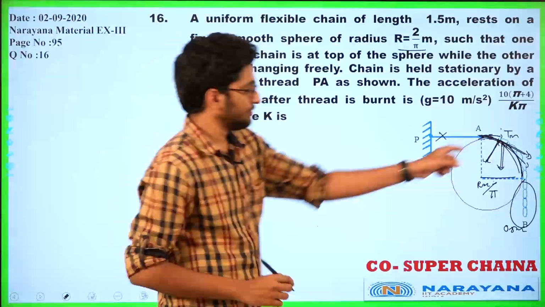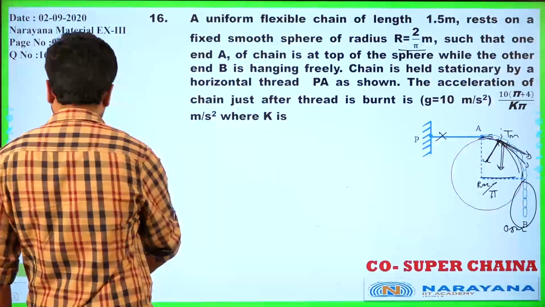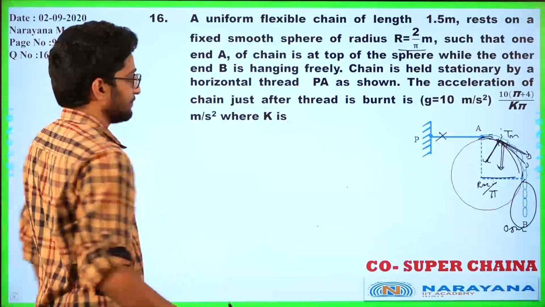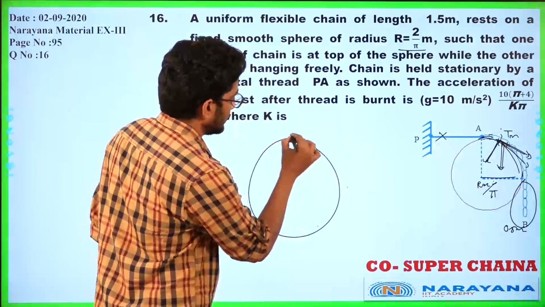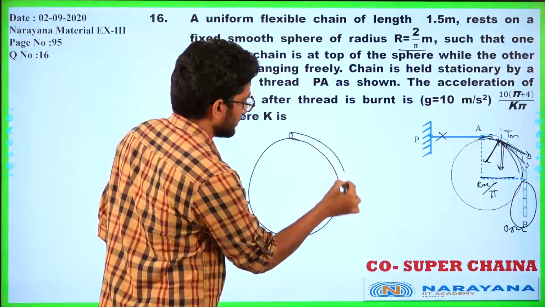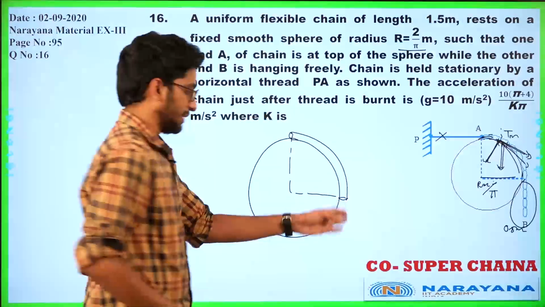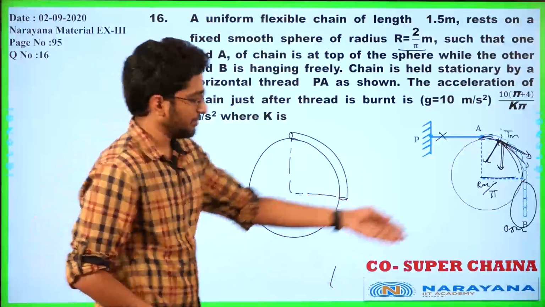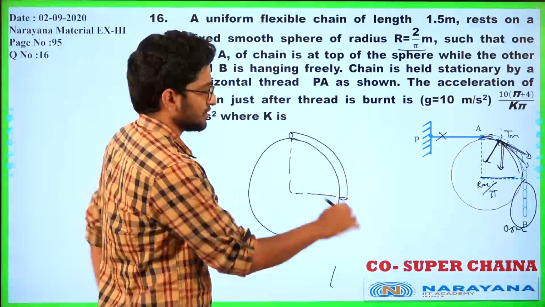So here we have already found out this is 1 meter, and the remaining part is 1.5 meters. Now how do I find only the tangential forces acting on this chain from here to here? The remaining part I simply know. If it is 0.5 meters, its total mass I know, it rests on a smooth surface. Its mass is not given, fine.